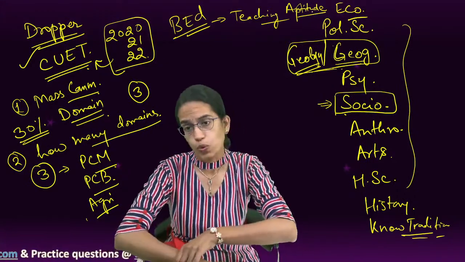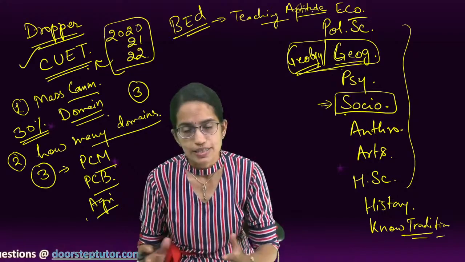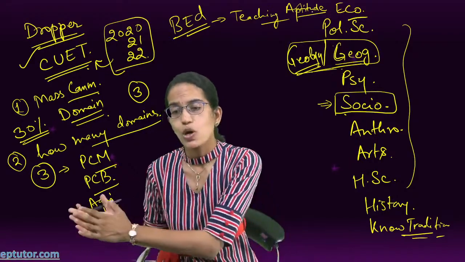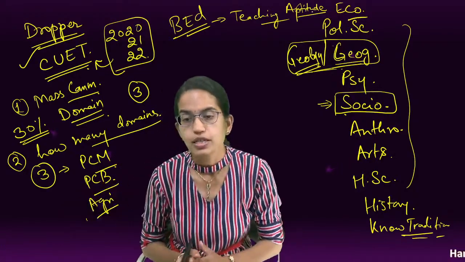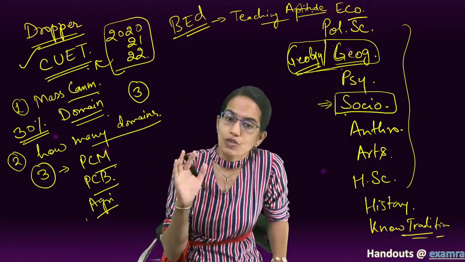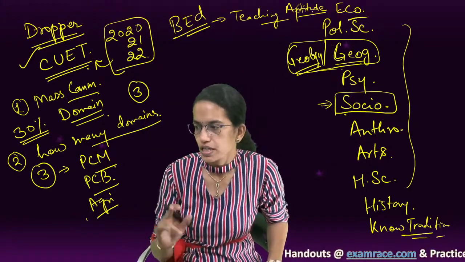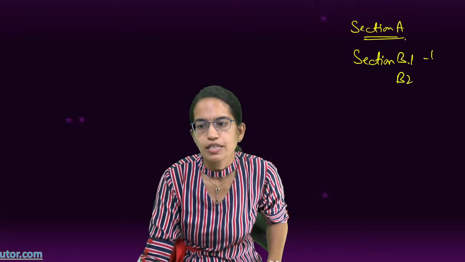Then is the score. As we said, your best scores would be counted, and based on which department you want to join, those domains that you have appeared for would give you weightage. Let's talk about mathematics, for example. So mathematics is divided into 3 parts. Section A, which would have 15 questions, is compulsory for all. Section B would be 2, B1 and B2. B1 is pure mathematics and B2 is applied mathematics.